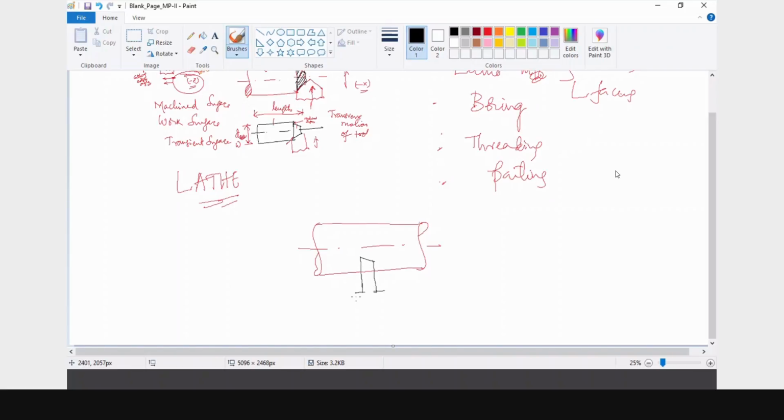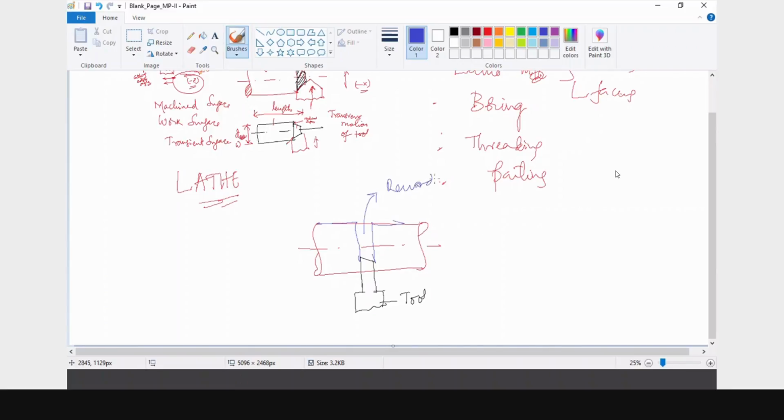This is the tool. It tries to separate actually. So once it is separated, what is it that you are going to have? Your workpiece will look something like this. So this will get reduced at this location, and this is going to be two parts. So this part will be removed.